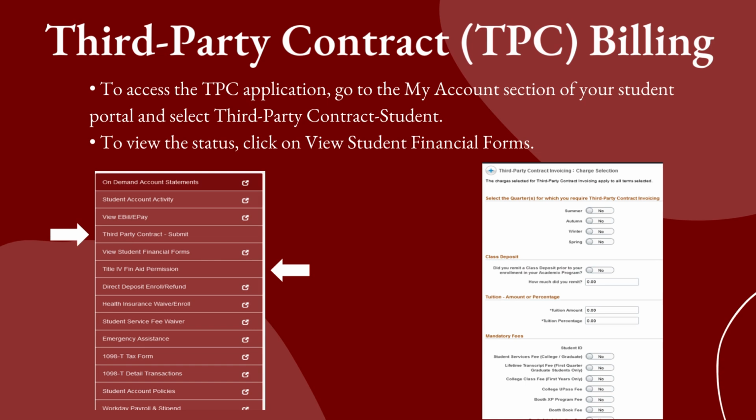To access the TPC application, go to the My Account section of your student portal and select Third-Party Contract Student. Be sure to select the quarters for which you require third-party contract invoicing, tuition amount or percentage, mandatory fees, course fees, room and board, Maroon Dollars, foreign study fees, University Student Health Insurance Plan, and include any pertinent file attachments such as letters of credit. To view the status, click View Student Financial Forms and continue monitoring your @uchicago.edu email account for updates throughout the